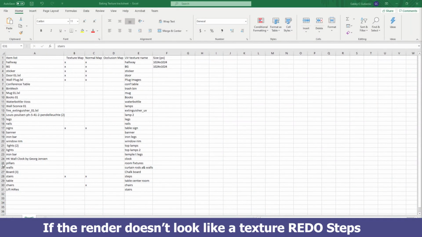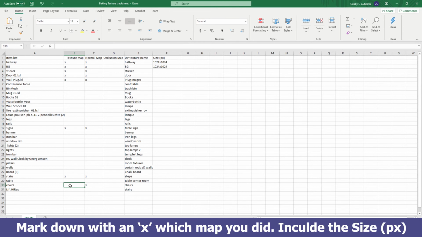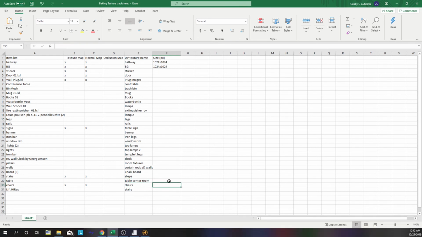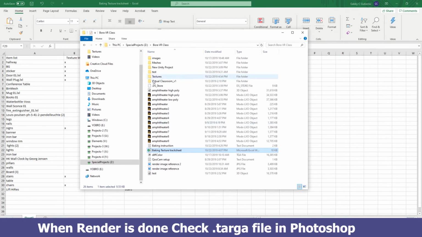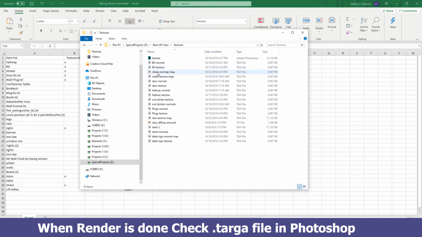Once you have that done, you can go over to your Excel sheet and mark down the render map that you created, whether it's a texture map, normal map, or an occlusion map. Occlusion map you don't really need. It's more for calculating lighting for geometry, but in this case we're not going to really use it. Once you have that done, please make sure to exit out,